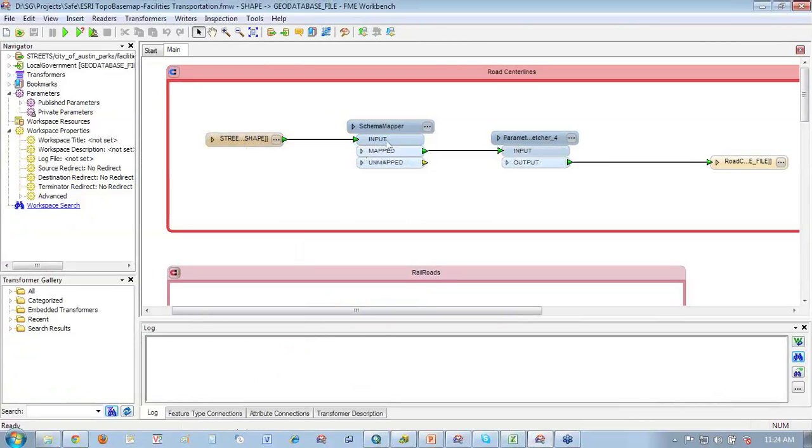We do a few things in the middle here to do some transformation, to make some changes to the model as we go, and we'll talk about that in a bit. But the target on the right-hand side is the road center line. One of the things that's pretty neat in FME is you're almost always just reading once, doing some manipulation,